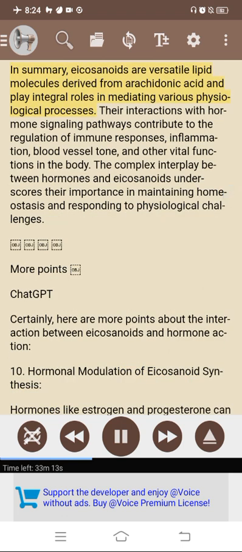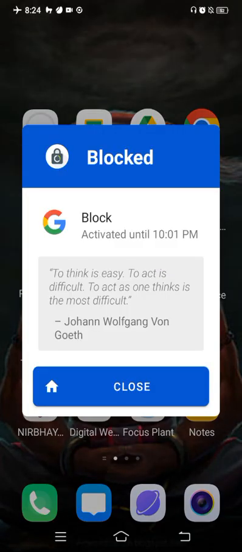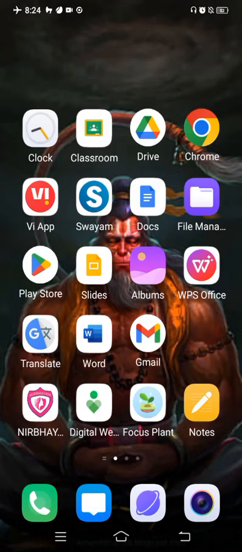In summary, eicosanoids are versatile lipid molecules derived from arachidonic acid and play integral roles in mediating various physiological processes. Their interactions with hormone signaling pathways contribute to the regulation of immune responses, inflammation, blood vessel tone, and other vital functions in the body. The complex interplay between hormones